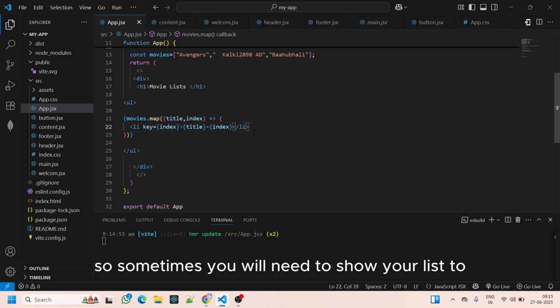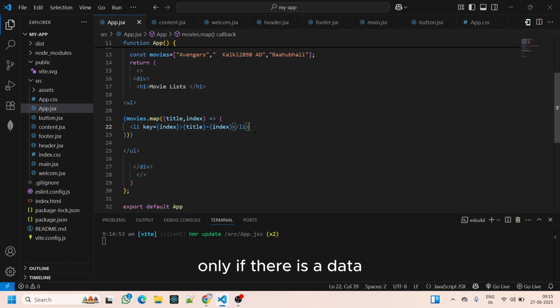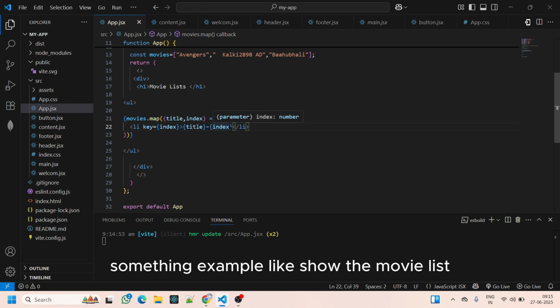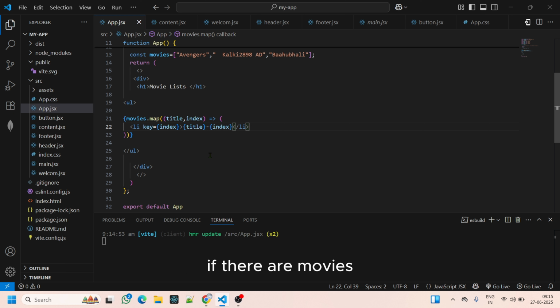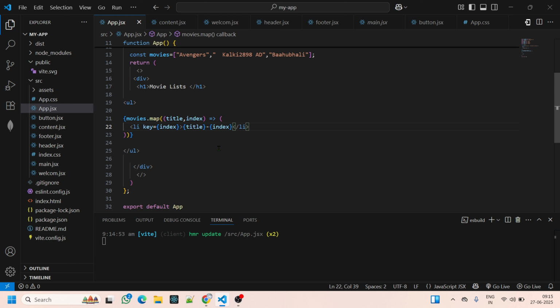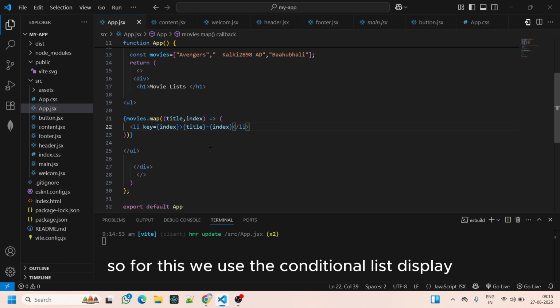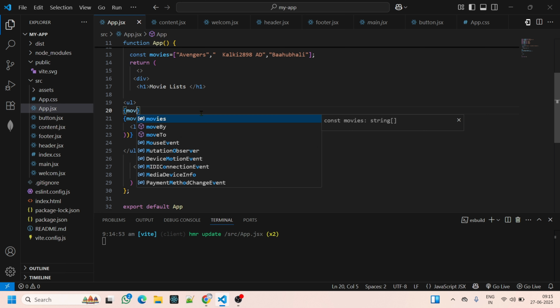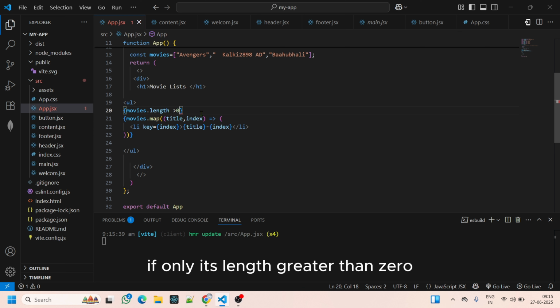Sometimes you will need to show a list only if there is data, something like conditional rendering basics. For example, show the movie list if there are movies. Show a message like no movies found if the list is empty. For this we use conditional list display. We will improve our code for that. Where our movies are initialized in the movies variable, just give movies and find its length. If its length is greater than 0,